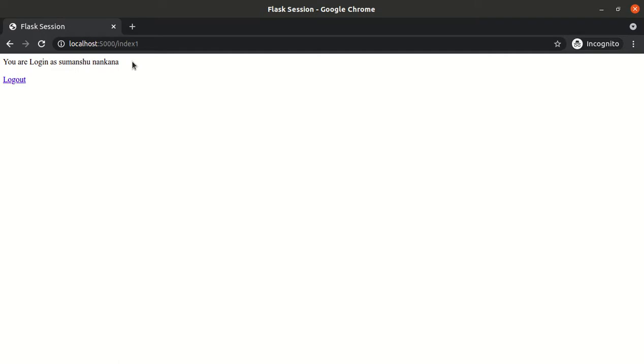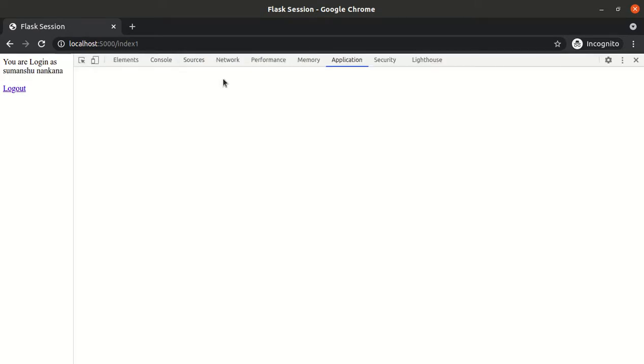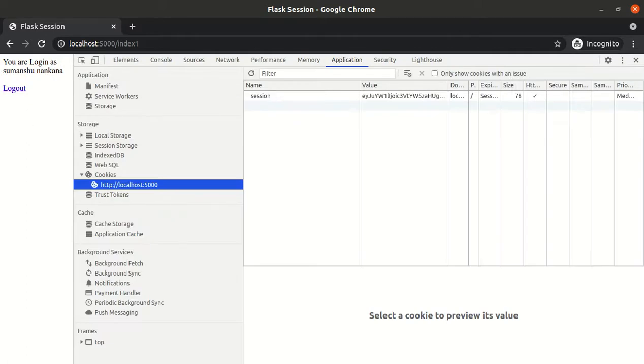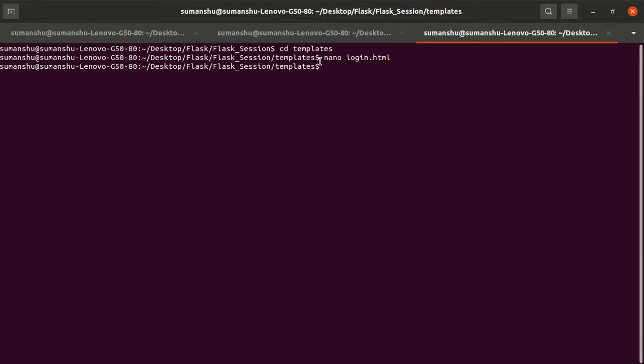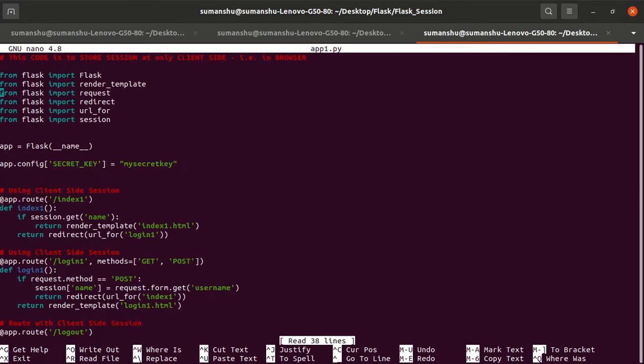How does it know that I logged in as Sumanshu Nankana even though I closed the tab? What it will do is go and read my session object, because in the code I am importing the session object, and whenever the person is trying to log in, it will store the required information from the request into this session.